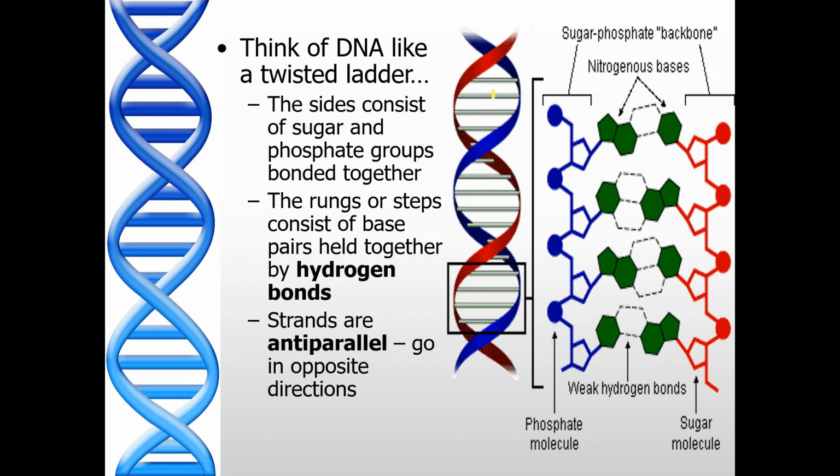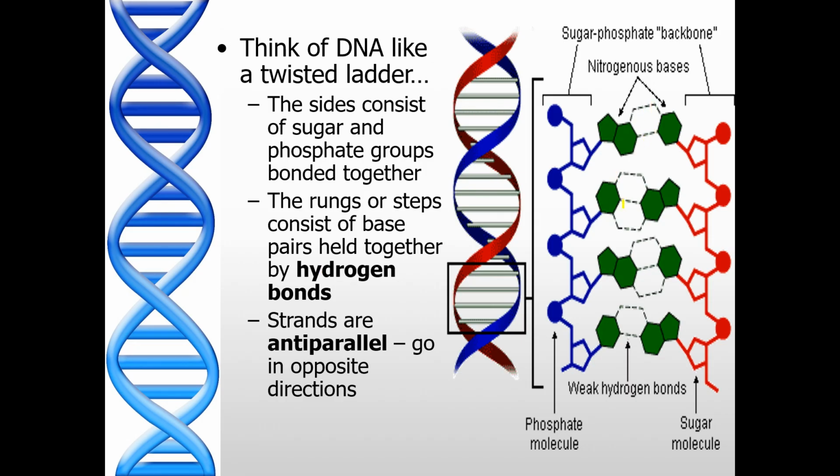Okay. Now the inside of the ladder, or the steps, or the rungs, are our nitrogen bases that are held together. Now out here we learned that these have phosphodiester linkages. Now the sugars and the phosphates are held by a strong covalent bond, so the backbone of the molecule is strong. Now the inside, where those bases are held together, those are held by hydrogen bonds, and hopefully remember that